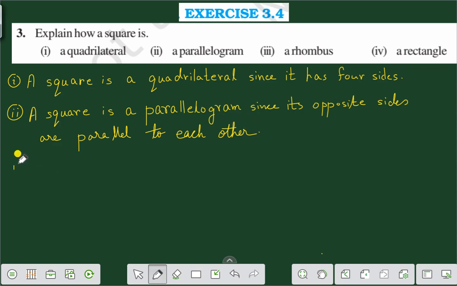Number 3. Explain how a square is a rhombus. A square is a rhombus since